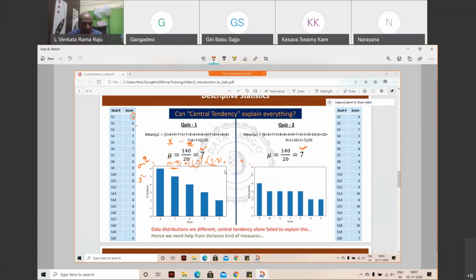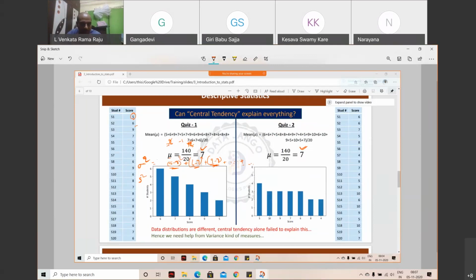Yeah. So now I calculated distances, but the distance calculation is wrong. When you do this kind of a distance calculation, the positive numbers and negative numbers will get cancelled. Our goal is to calculate the distance. We are not bothered about the units. I'll talk about units in a minute.